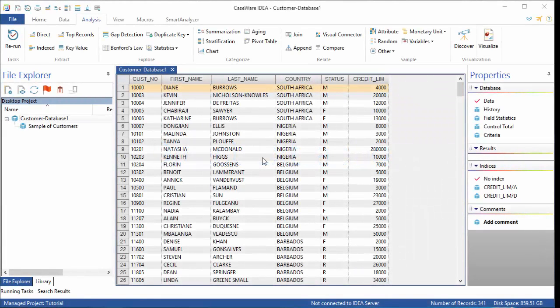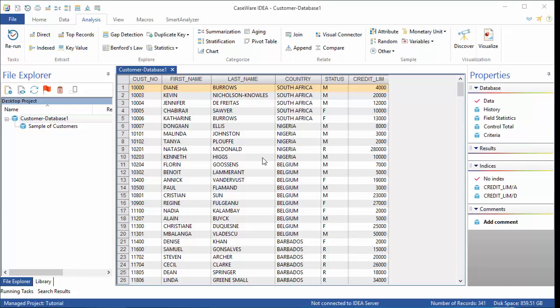Random sampling, as we have seen, is one method of extracting data. This section will look at direct extraction. Direct extraction involves entering a set of criteria or conditions, and all records which meet those conditions are extracted to a new file. For this example, I want to create a new database of customers who have credit limits of